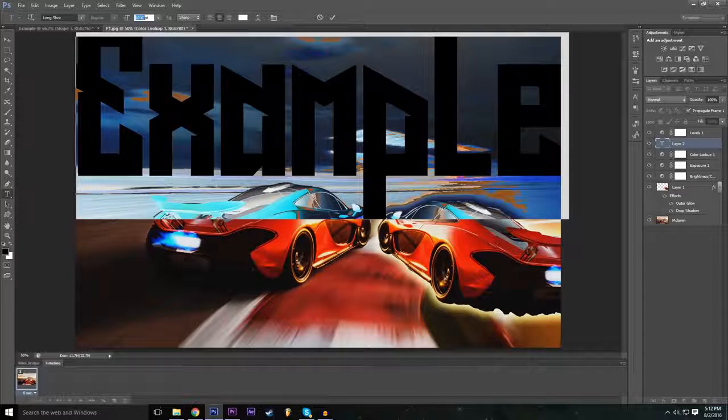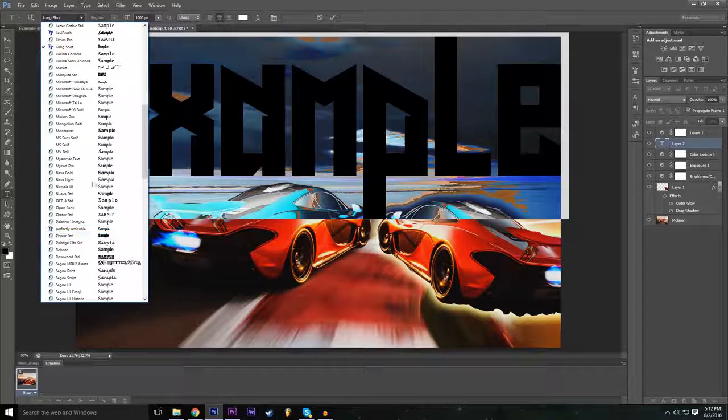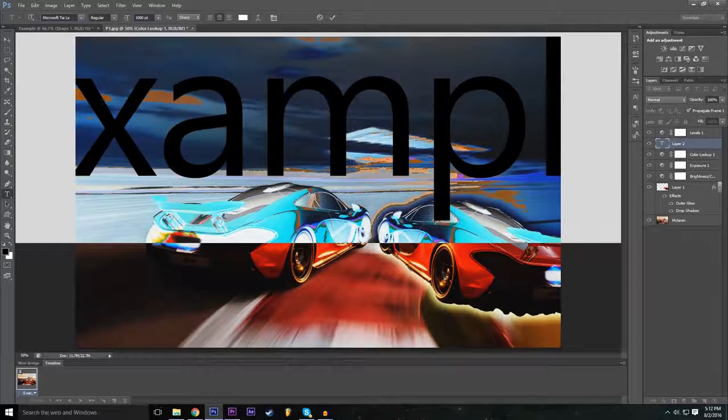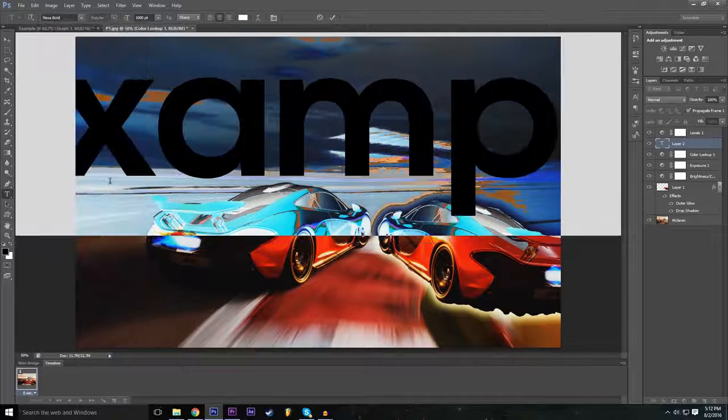You can change the font and everything from here. Let's say we wanted to change the font, so let's select something else, and that's not a really nice font. There we go. That's a pretty good font. And then we also need to tone down the